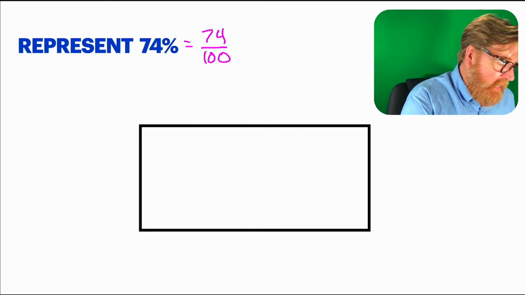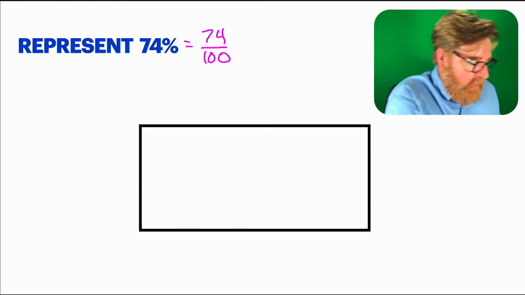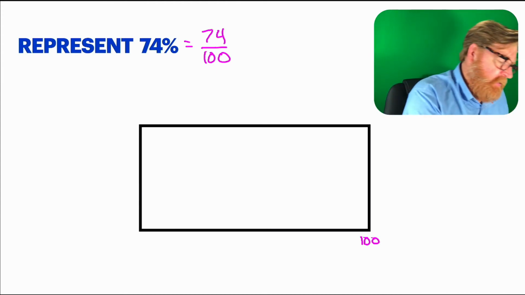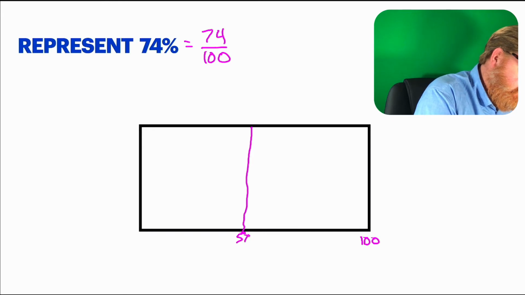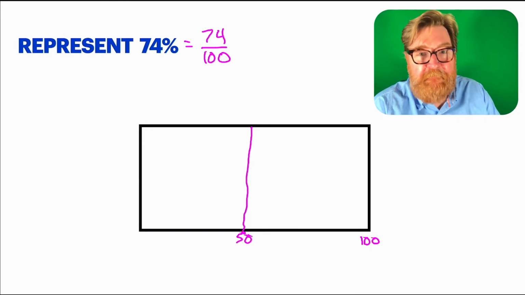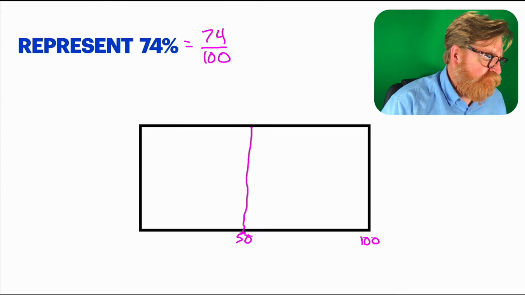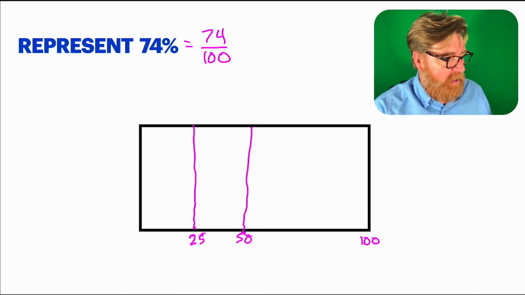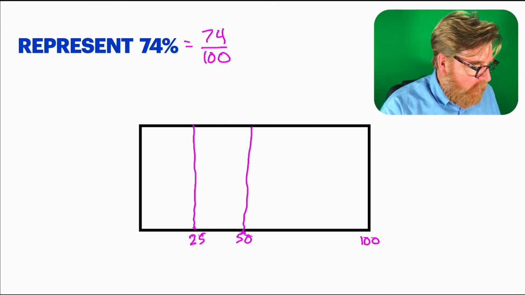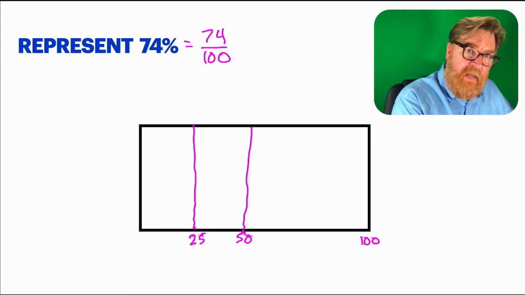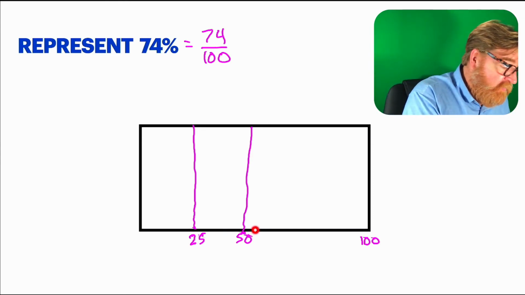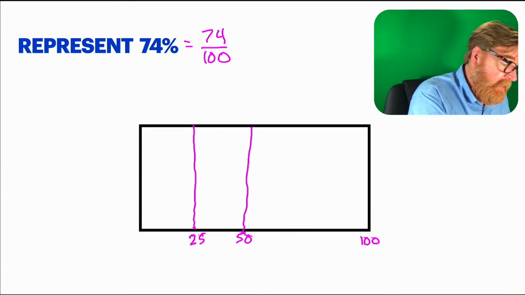So let's do it. If we had the whole thing, all the lines drawn out, the 100th piece would end right there at the end. This is where the 50th, excuse my squiggly drawing there, the 50th line would be. Let's see, half of 50 is 25. I'm kind of going the wrong way. I need to go bigger than 50. Well, this is where 25 little pieces would be. Then another 25 pieces, that puts us at 50. So if we did another 25 pieces, that puts us at